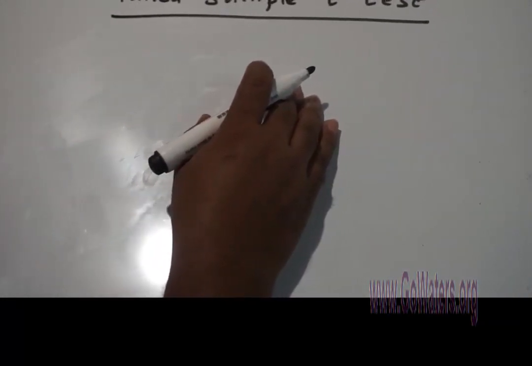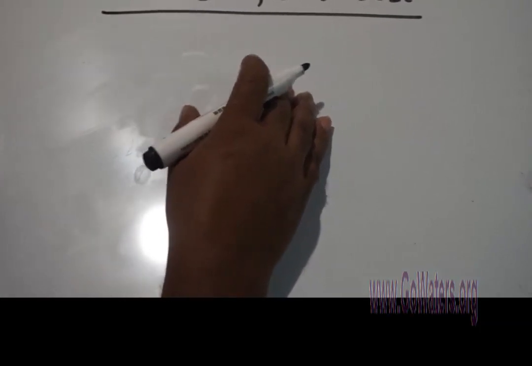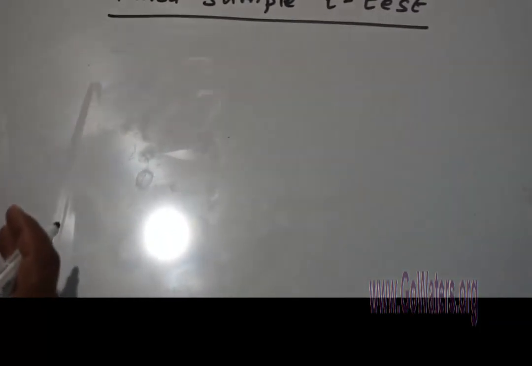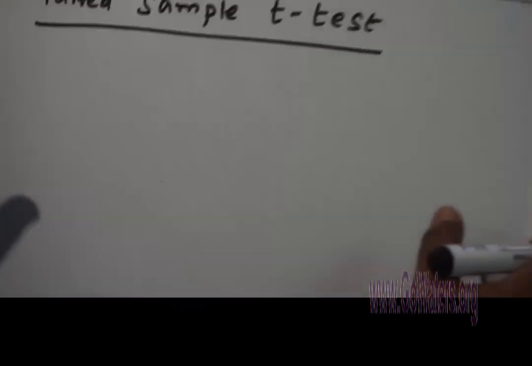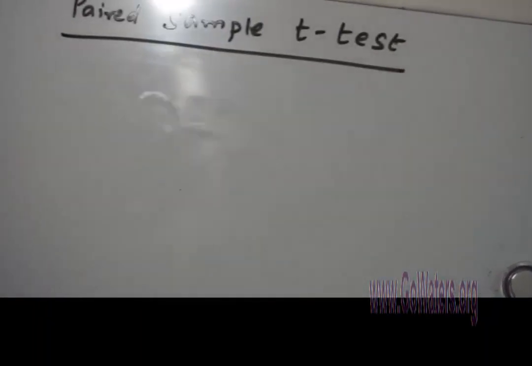So why is it called a paired sample? Because we are using the same patients before and after administering the drug. You take the glucose level of 10 or 15 patients now, and after taking the drug, you measure their glucose level again. That's why it is called a pair. That means they are dependent samples. The sample used the first time is used again on another occasion. That is why it's called a paired sample t-test.